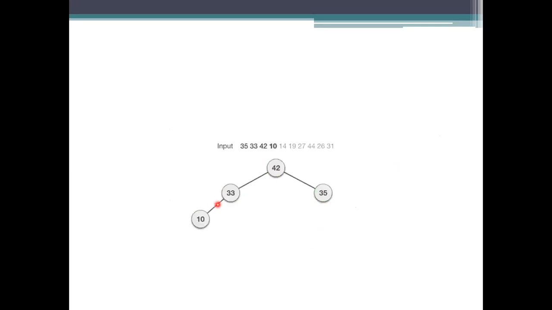And coming to 10, which is less than 19, less than 27, less than 42. But coming to 44, it is not less than 42. What it has to do, we need to make the changes here. So we need to update by swapping the node and reach the endpoint here. And coming to 26 and 31. So whenever we insert the values here, we have to check whether it is keeping the correct order or not.